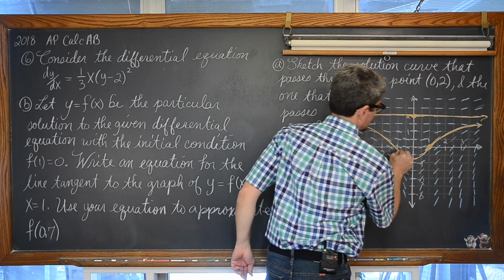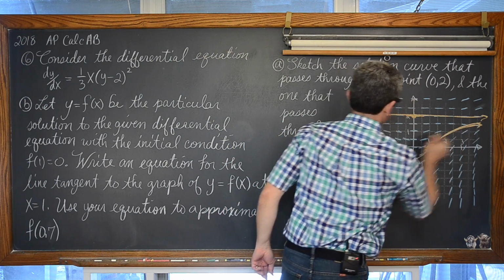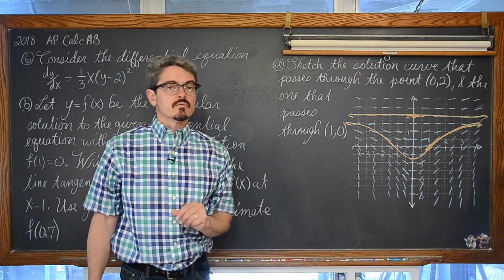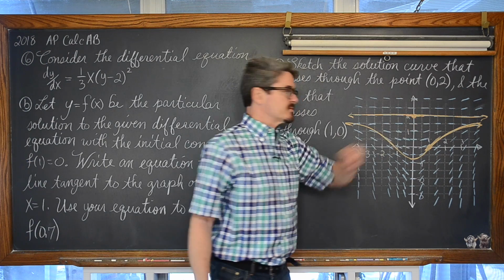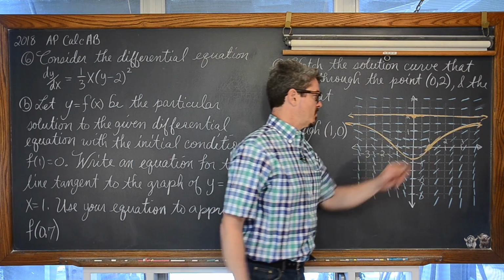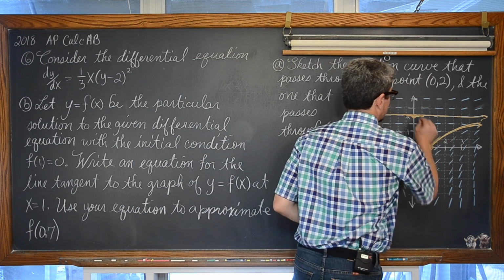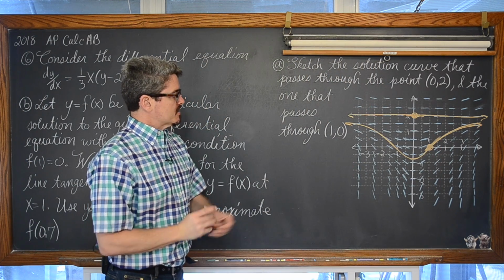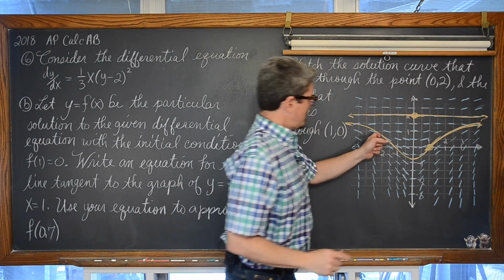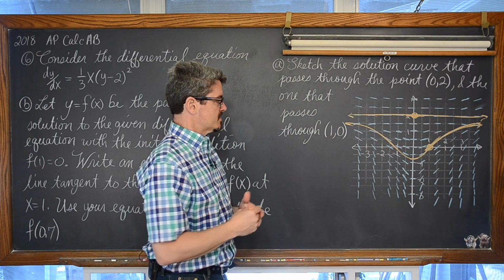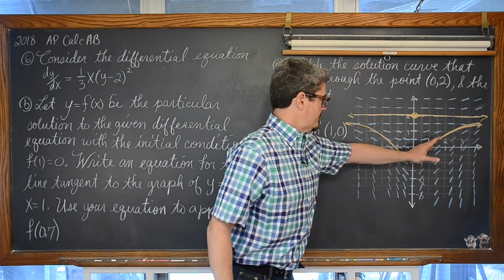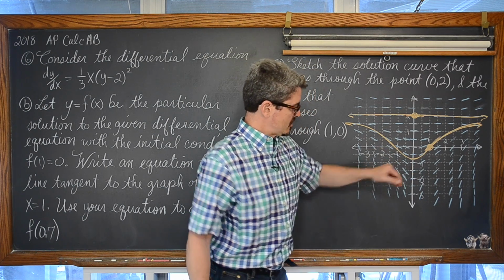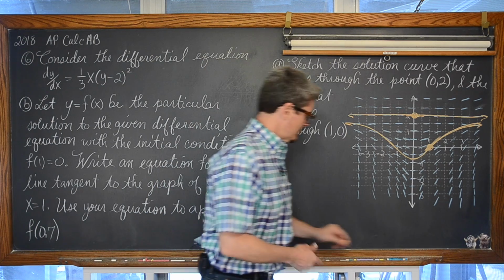So something like this would be your two approximations of the solution curve going through the slope field. Make sure you, of course, pass through the point (0, 2). Make sure you pass through the point (1, 0), or whatever they happen to give you for this particular test or any question with a slope field, and just follow along as best you can. If you're a little bit off, we're not going to be concerned about that, just not wildly off. You can't have something coming down here with a positive slope, or clearly in this entire quadrant 3, all those slopes are negative, and you'll be good.